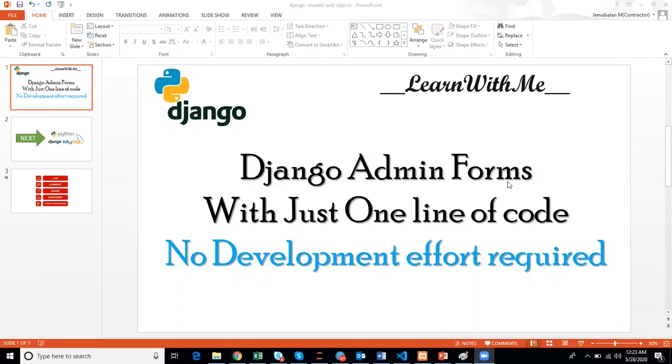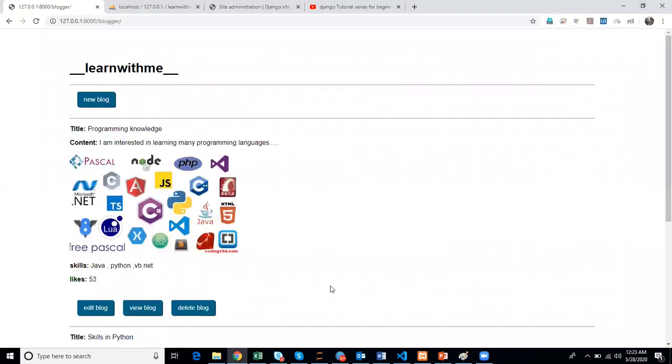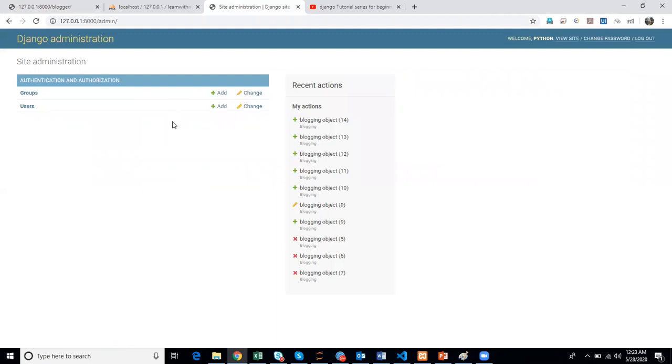Okay. In the last video, we connected the DB from the Django framework. We looked into Django admin sites and how users and groups can be created, the whole Django administration built in with the Django framework. We don't need to create anything, right? But there are more advantages, and we'll discuss that today.